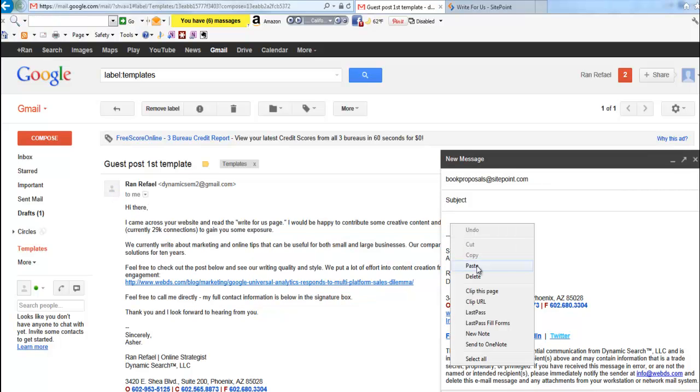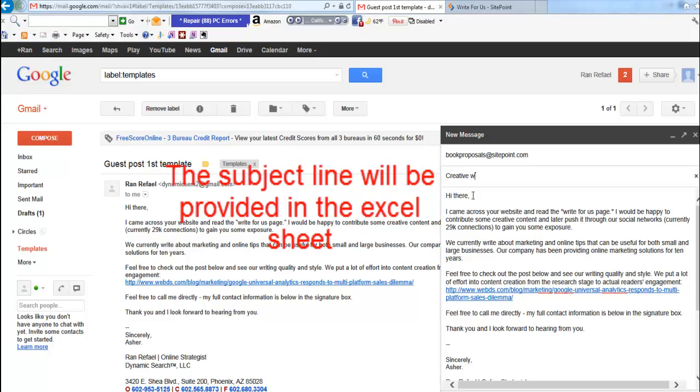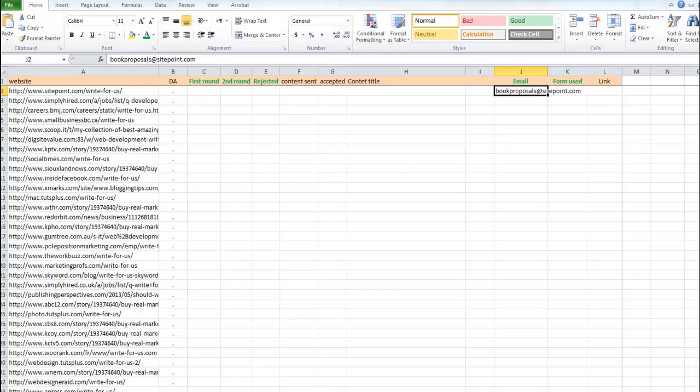paste it into our email, and name the subject creative writing for your blog, and click send. Now we'll go back to the Excel sheet, and we're going to mark that we sent an email, just like that, sent. Your options are going to be sent, error, irrelevant, and other, just like that. So since we sent the email, I'm marking sent on this column,